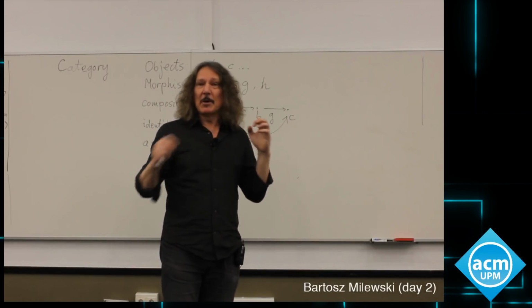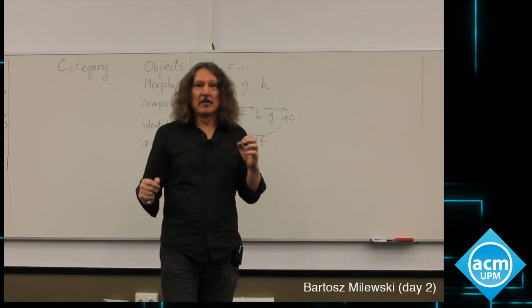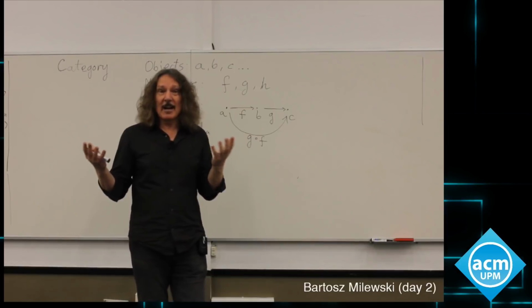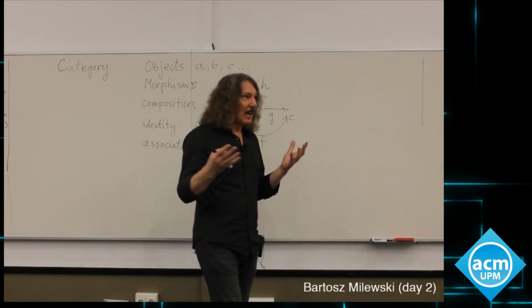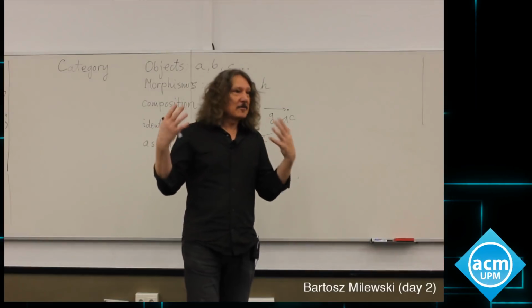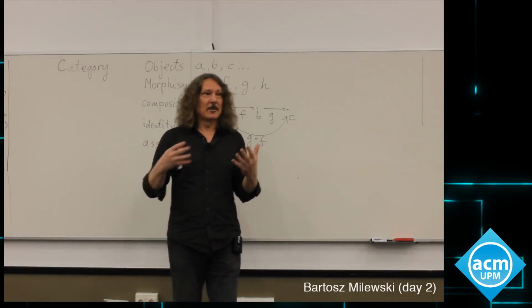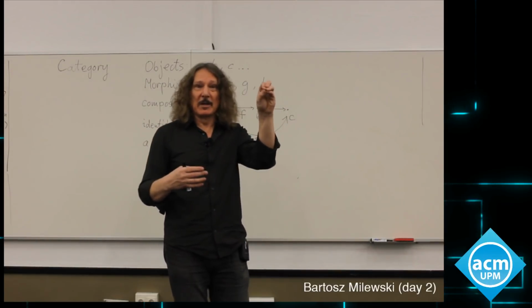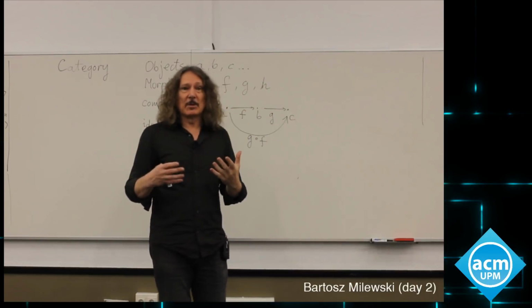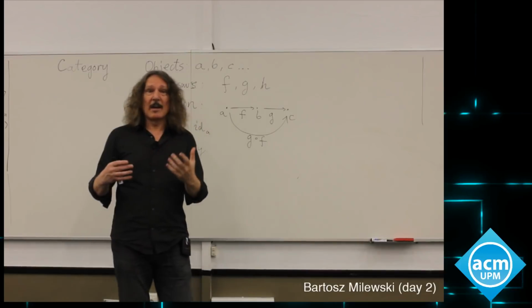And these components are related to other components. That's the essence of structure, right? And category defines structure for you. Category is just this, components, objects, and relations between these components, which are the arrows,